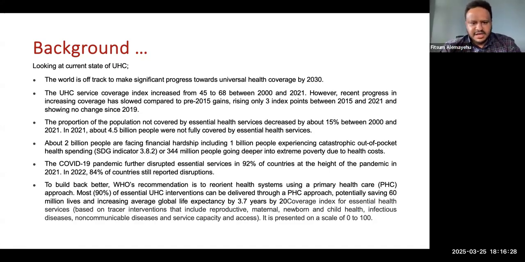Just to give you some facts on our status with regards to universal health coverage, looking at the UHC 2030 target, it's obvious that we are off track. With the current pace, it is unlikely that we will make it by 2030 based on the agreed indicators and benchmarks. Looking at the UHC Service Coverage Index, a WHO index which looks at the overall performance of countries with regards to their UHC progress,